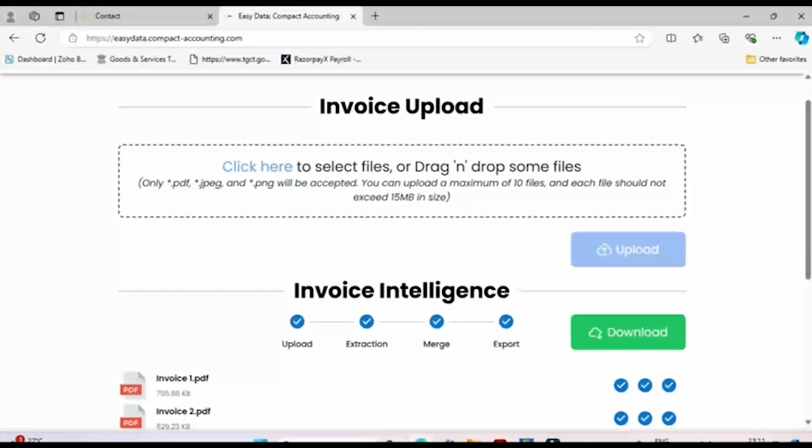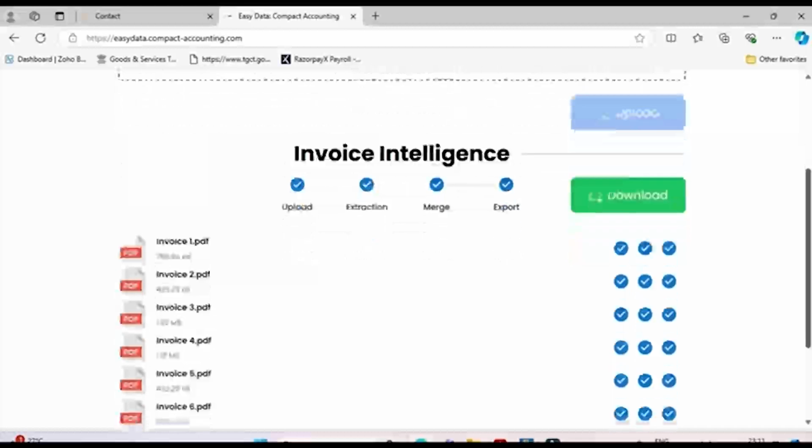As you can see, our Excel output is ready. Now let's download and see the result.